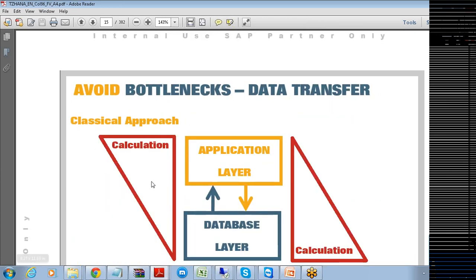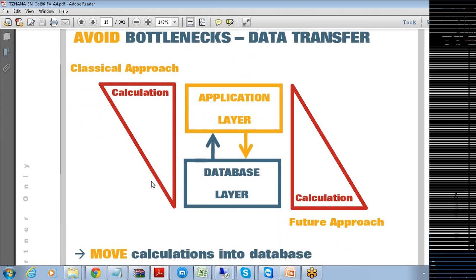This is the layer. See, when we choose any database other than HANA, this is the approach, which is nothing but your calculation approach. Calculations are performed at the application layer, but since we are going to use HANA, the application layer doesn't process anything. There won't be any burden on the application layer. The burden goes to your database layer, and that is where HANA is going to take the effort in this case.